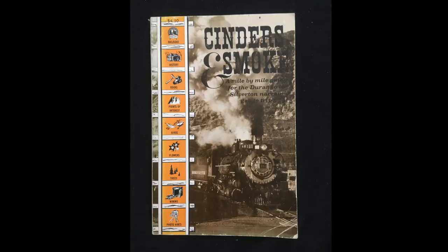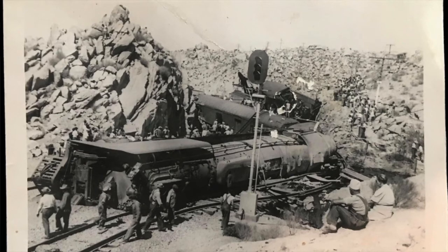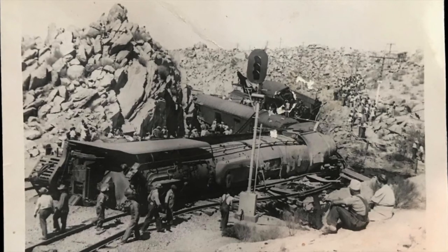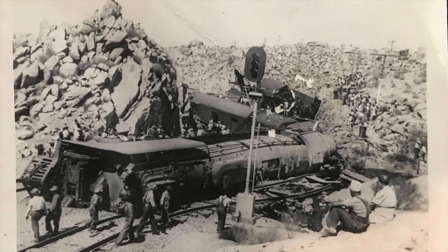And lastly, in another book that's relatively current, in fact, it shows up a lot, called Cinders and Smoke. It's about the railroads. And in this, I found an authentic photograph. This is a real photograph. It's not a reproduction. And we will show you a close-up. And it's a picture of